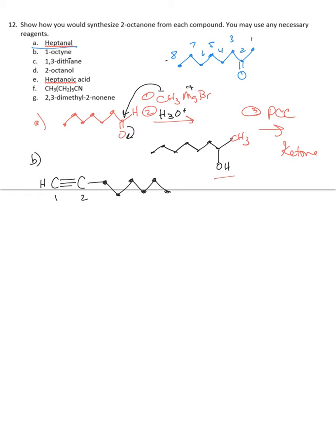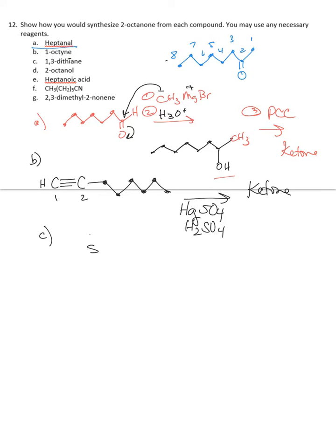Now, we have to go back to chapter 9 and do some thinking. There is one reagent that will give us a ketone from an alkyne through the enol tautomerization, and the other one will give us the aldehyde. So you got to know the difference between the two. If you remember, it is, I want to say mercury sulfate and sulfuric acid. And that's going to give you the ketone. Okay? So that's chapter 9. Okay, number C, letter C,